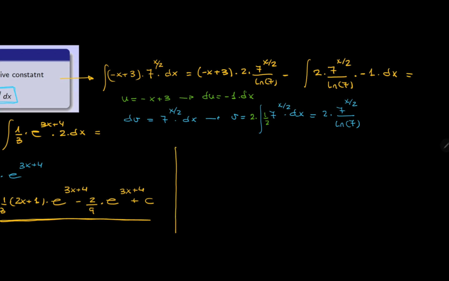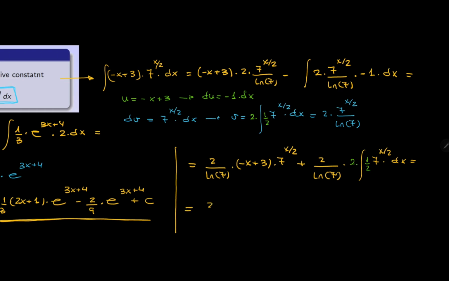Then I reorganize the expression. 2 over the Neperian logarithm of 7 multiplies minus x plus 3 times 7 raised to the power of x halves. Minus minus is plus. 2 divided by the Neperian logarithm of 7 times the integral of 7 raised to the power of x halves dx. Again, I need a 1/2 inside, a 2 outside to cancel with, and the final result is 2 divided